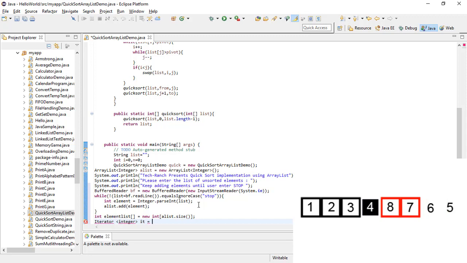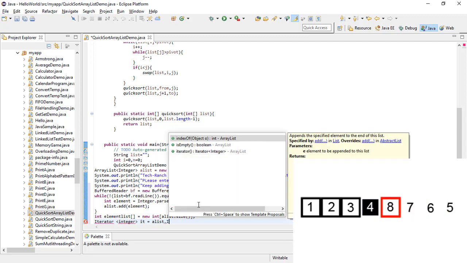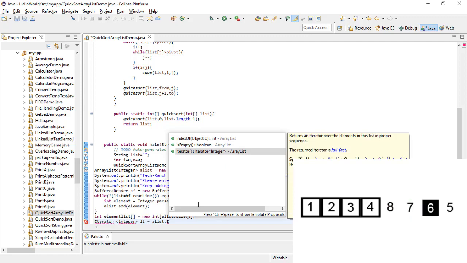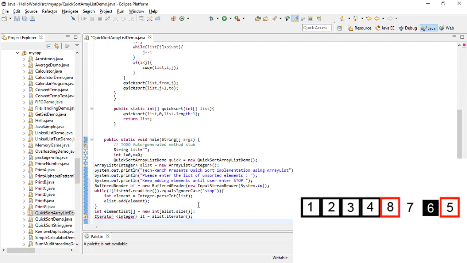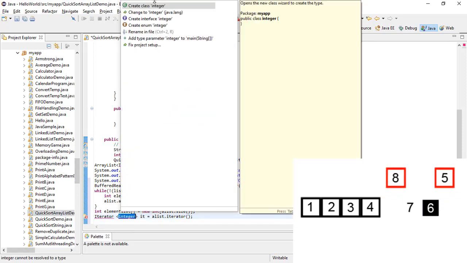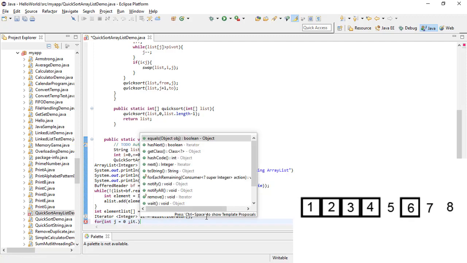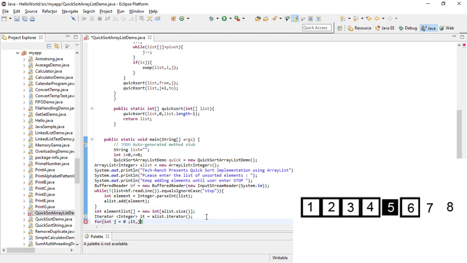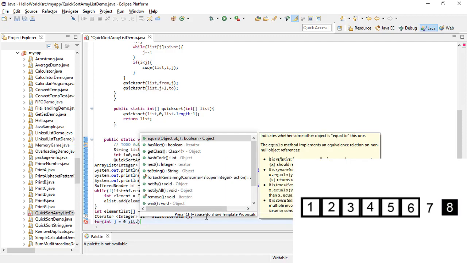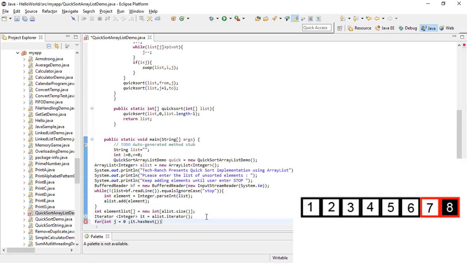Now what will the iterator do here? It will repeat your procedure a particular number of steps. So what we have to do, we got the elements. Now we need to repeat it until it is stopped. Next step, a for loop for our iteration, repeating the iteration. You see, it.hasNext, because we have to keep comparing it,